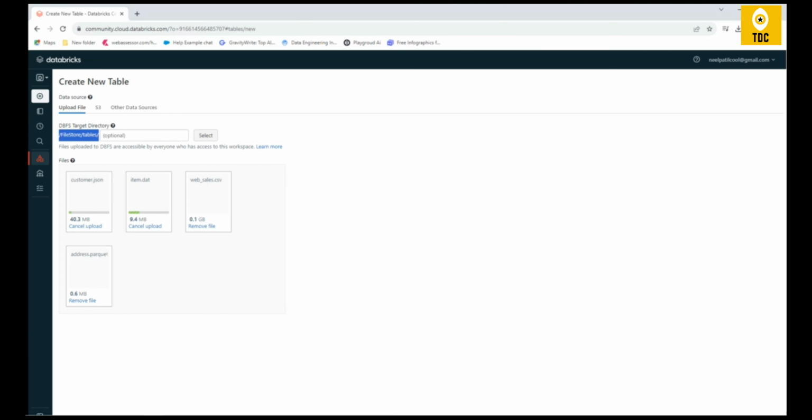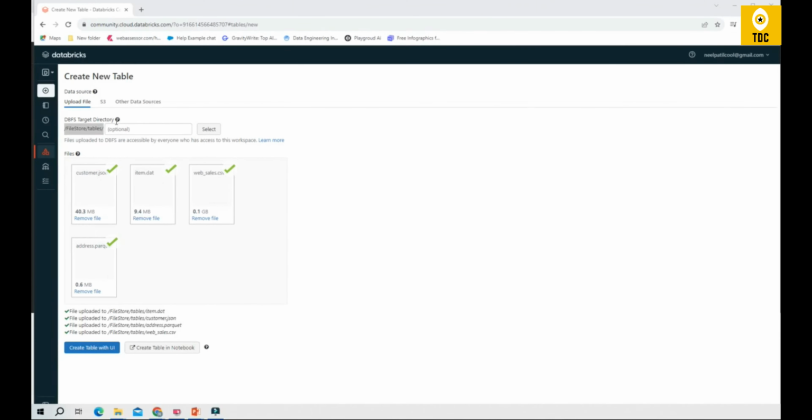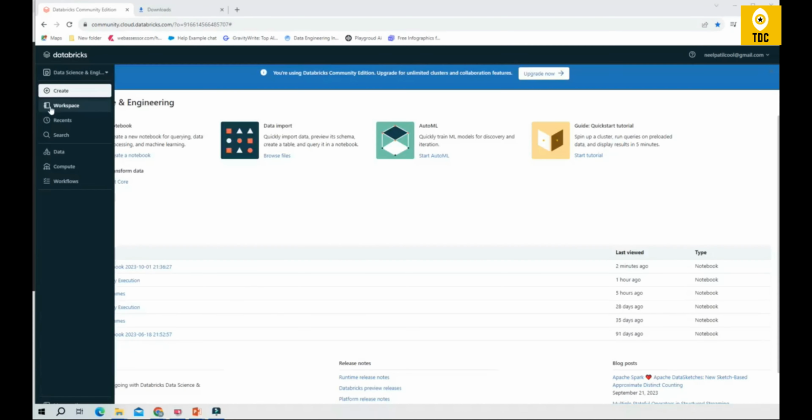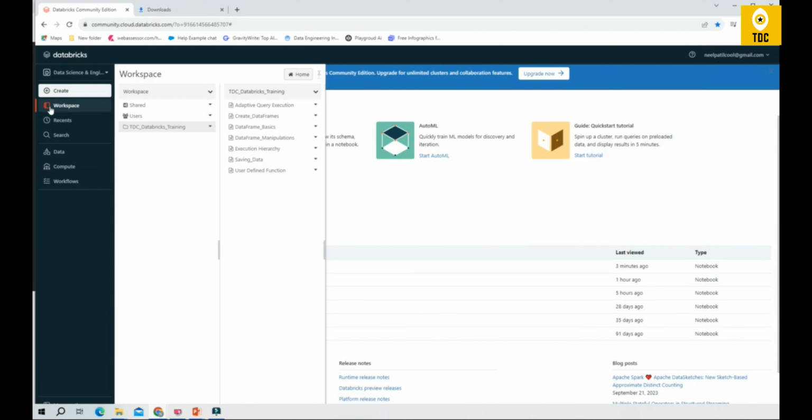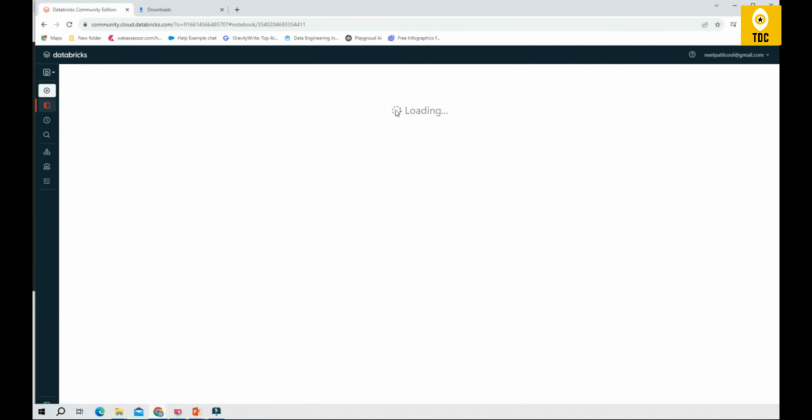So, as you can see the checkboxes here, and you can see the file uploaded. All 4 files are uploaded into a DBFS file storage. Once the upload is complete, you can just click on the workspace and try to create a new notebook